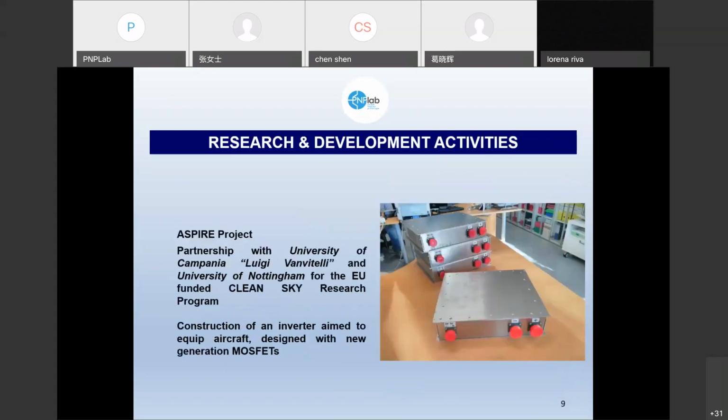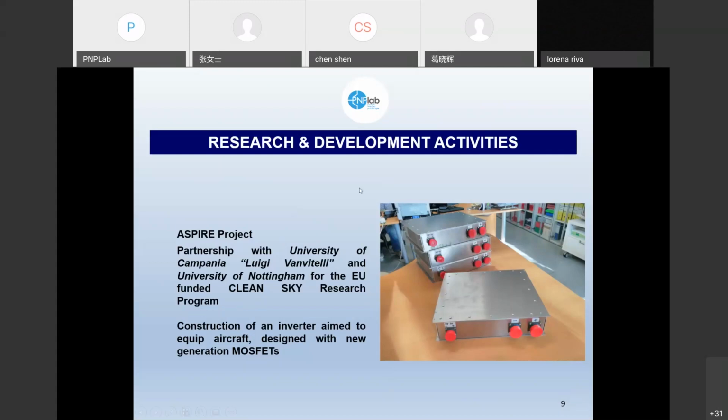Also, in the past 2.5 years, the partnership with the University of Campania and University of Nottingham within the European Union funded Clean Sky Research Program, the so-called Aspire project, for the construction of an inverter aimed to equip the aircraft designed with new generation MOSFETs and